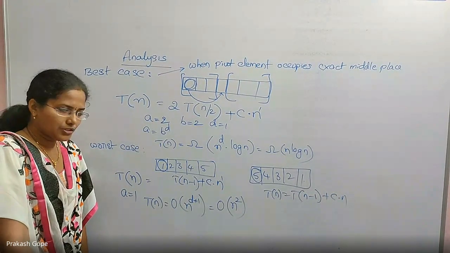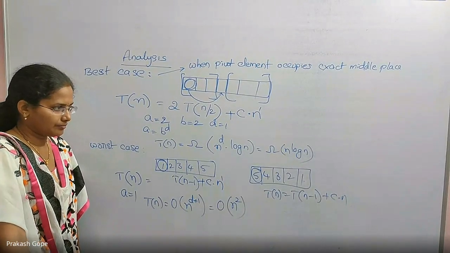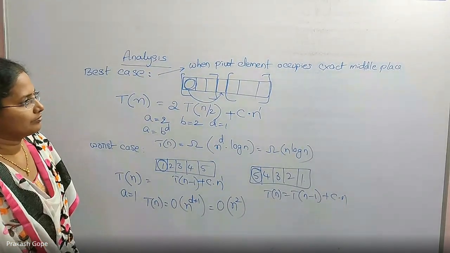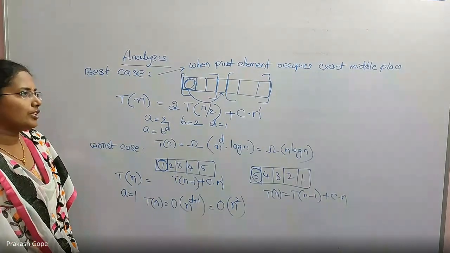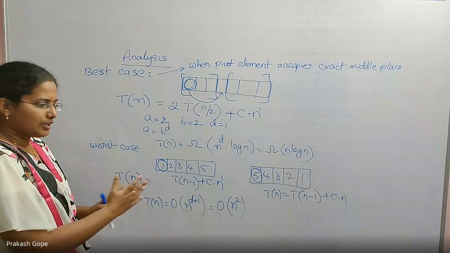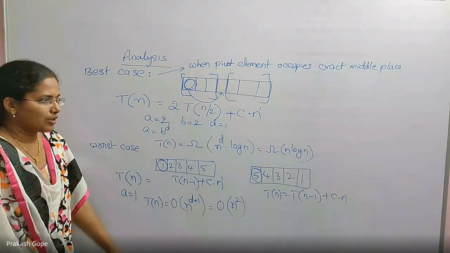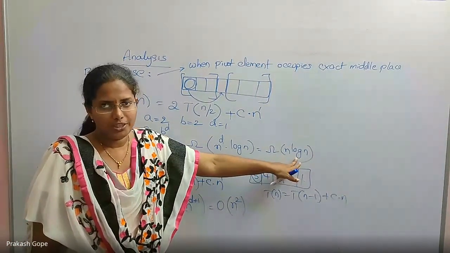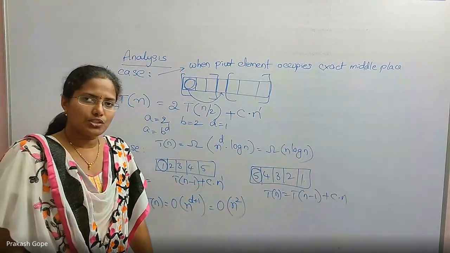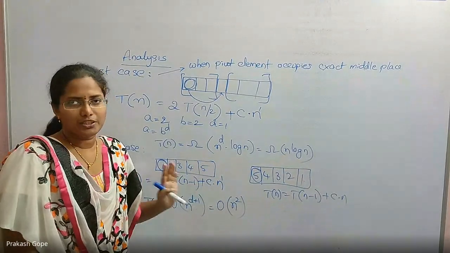You should know the recurrence relation also and time complexity also, for worst case and best case. So for any zigzag order, the time taken is obviously between n log n and n square. Because best is n log n, minimum you need this much time. Worst is n square. So average case, any zigzag order, lies between these two.